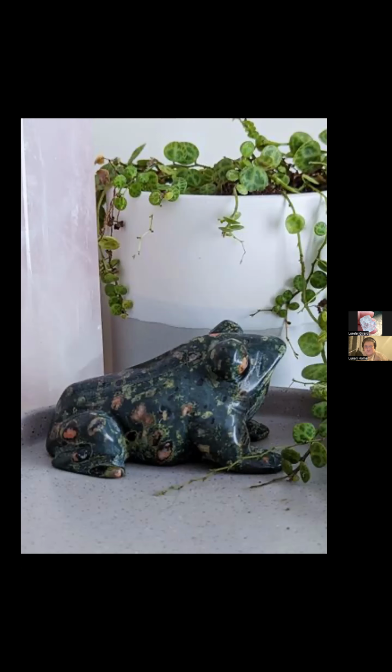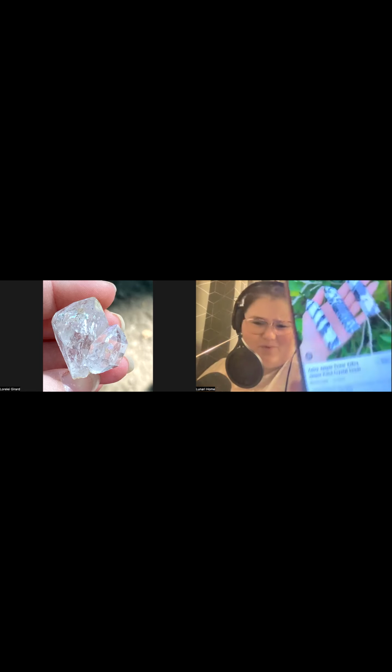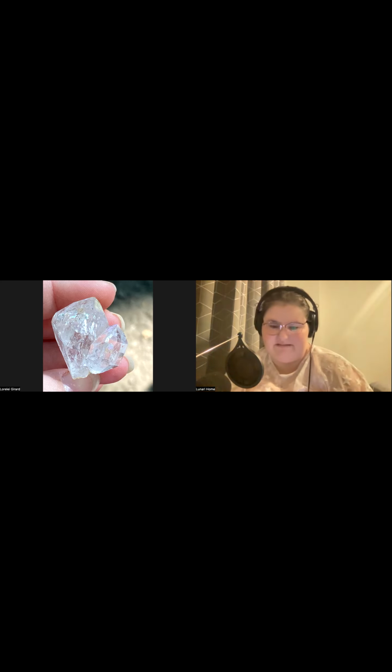I'll take mine down so you can pop one up. I'm showing a picture from my phone, for those that are listening, from Google about what zebra jasper is. We do have some on our website. I just didn't go on there to look it up, and I also didn't save a picture. That's okay.